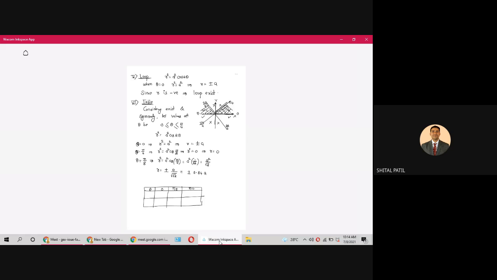So let me write them in terms of a table. So it was plus minus a, plus minus a divided by root of root 2, and this was 0. So that is plus minus a, plus minus 0.84a, and this is 0. So you might have understood the values are decreasing. And the values are plus minus. Why are the values plus minus? Due to the symmetry. Okay.